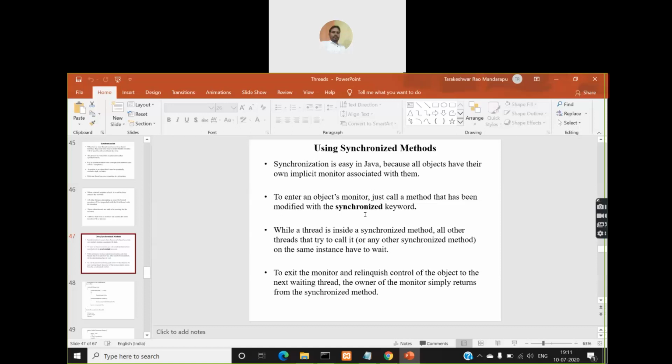So you can use this synchronized keyword with the methods that you define in your class, and that method can be called only by one thread at a time. So if one thread has already called that synchronized method and it is under execution, then no other thread will be allowed to call the same synchronized method. So this is nothing but mutual exclusion, right? So we'll implement this concept in a program that we are going to see next, right?